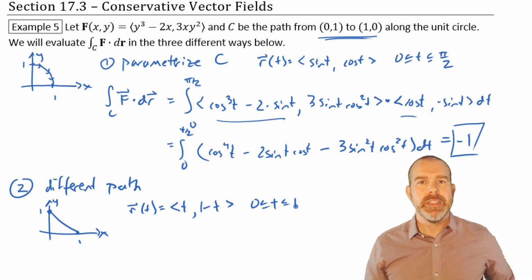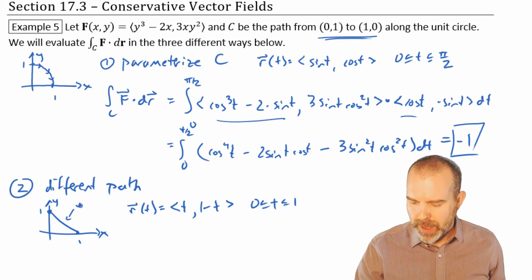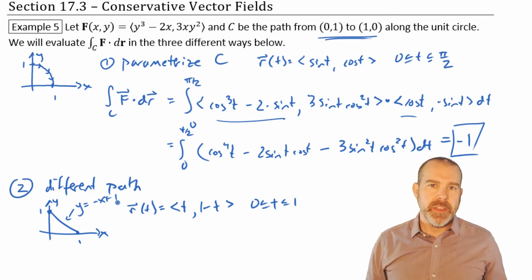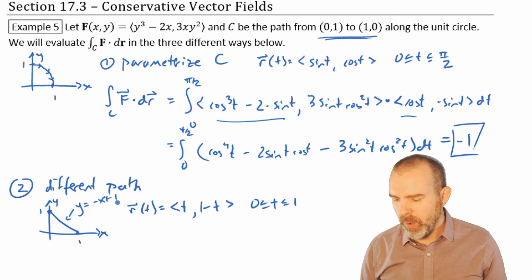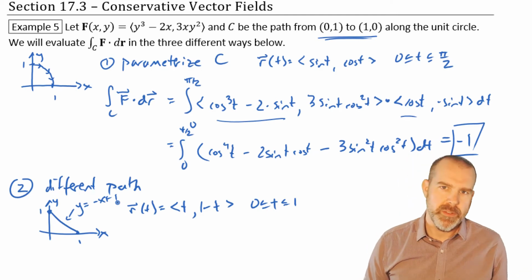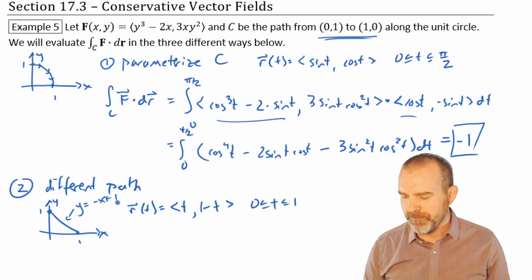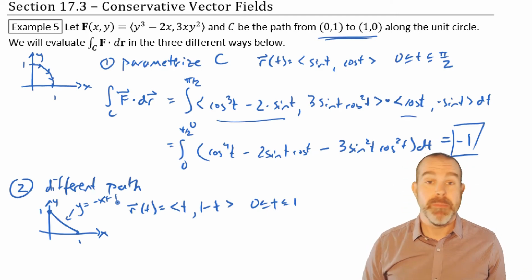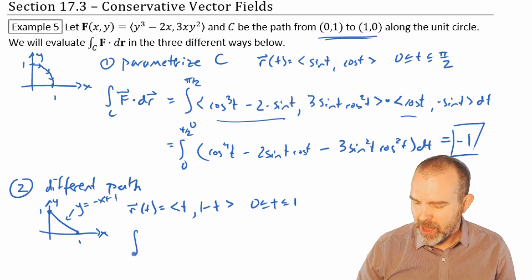So what I did there is basically just make the line y equal to negative x plus 1, or 1 minus x, and then just make x equal to t, and then y, the value of the function, would be 1 minus t. Okay, so much simpler function. Now the line integral